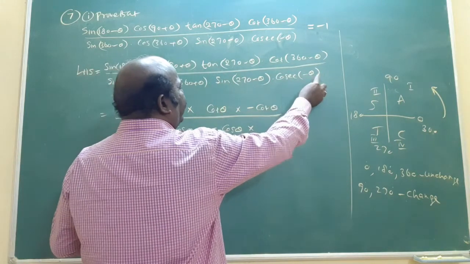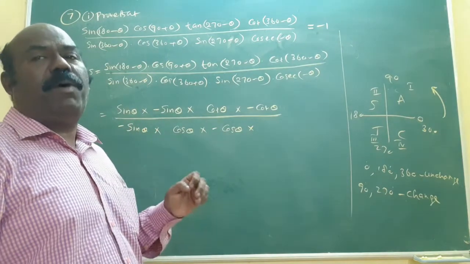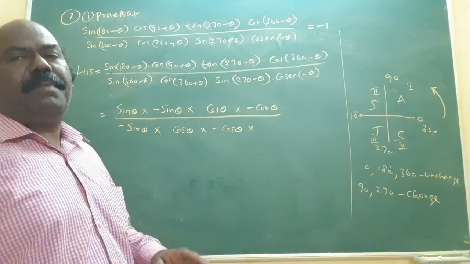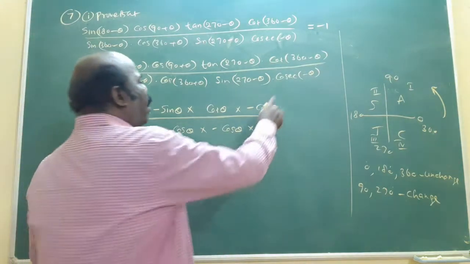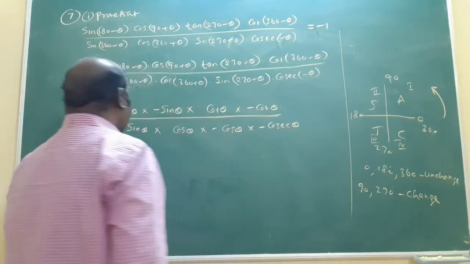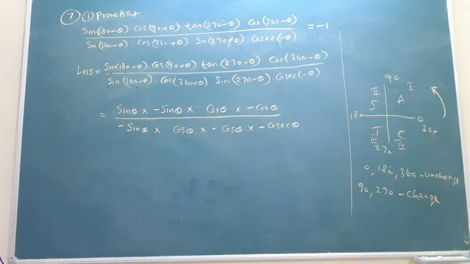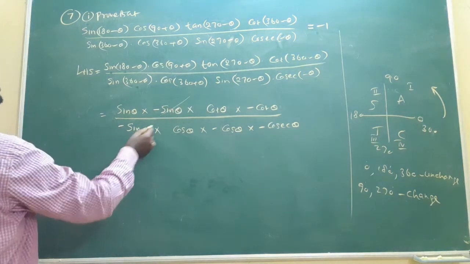Into cosine of minus theta. Already told you, cos and secant are the only even functions. Remaining all are odd functions. So cosec of minus theta becomes minus cosec theta. In this way, we will put the formula. Am I right? Minus cosec theta. Now what are the same quantities will be cancelled? Am I right? Same quantity should be cancelled. The minus cancels. Am I right?